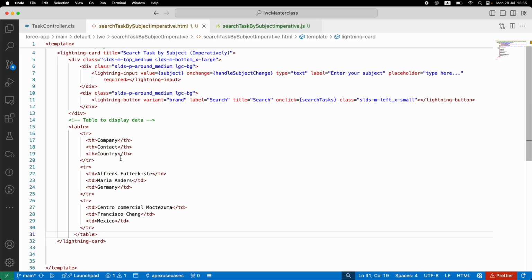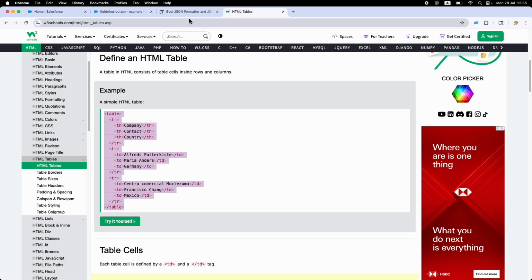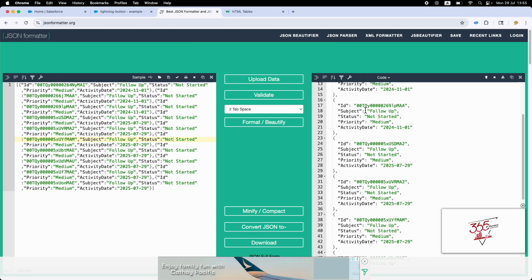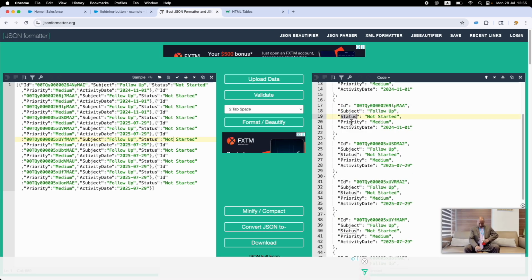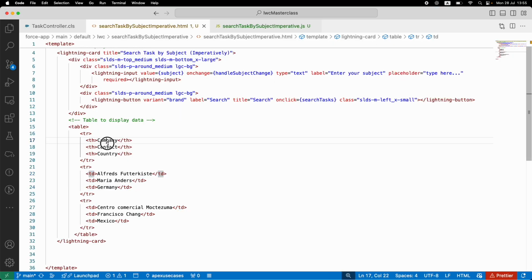I'll bring this here. Now, what do you have? You have static data here, right? This table contains table rows. Each table row contains headers, and then it contains table data. Headers, data. Now I know what my headers are. My headers are going to be ID, subject, status, priority, activity date. Perfect. So I'll just say ID, subject,